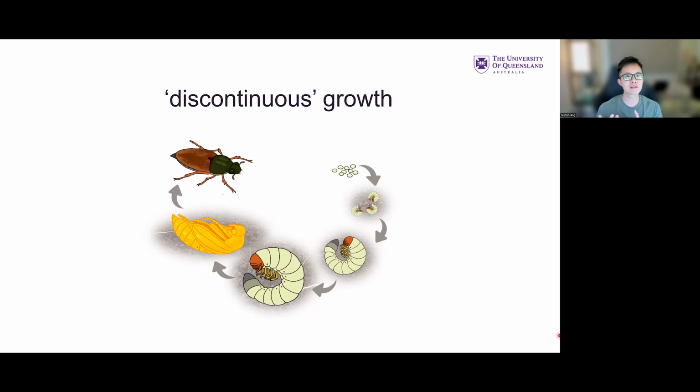And so this is most exemplified by holometabolous insects, where the different life stages have very, very drastically different physical appearances. We, of course, refer to these as instars. And in the case of the holometabolous insect, there is a distinct pupal stage, which looks very, very different from the adult stage. But to say growth is discontinuous is not quite right, in that these are discrete stages, but within the stage, there is still some level of growth and it's continually growing, just that we don't see that